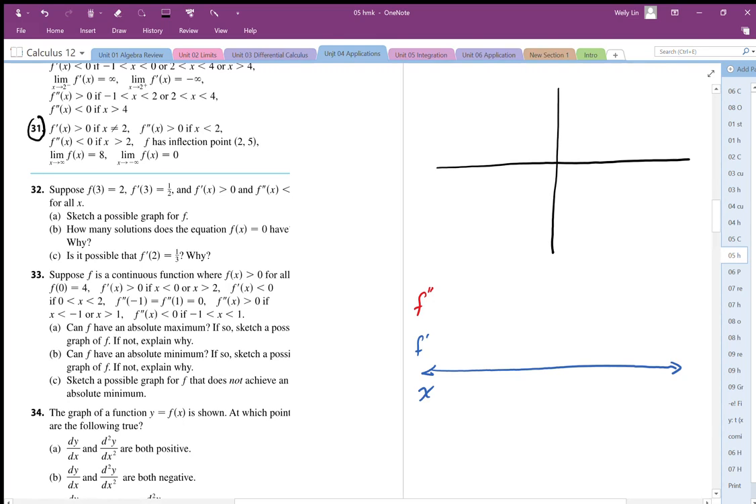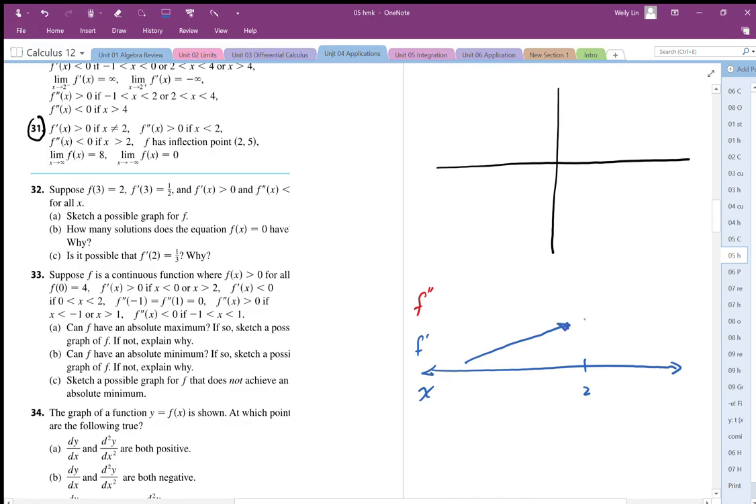Problem 31 in the homework gives us some derivative information and asks us to put this kind of derivative puzzle together. So we have f prime is greater than 0 for x not equal to 2. That's the only information given about f prime, so that indicates this is entirely increasing. We know this graph is always increasing through the entire region, except at x equals 2,